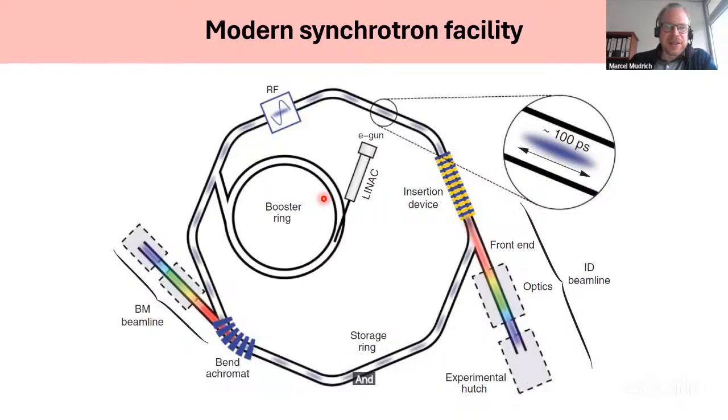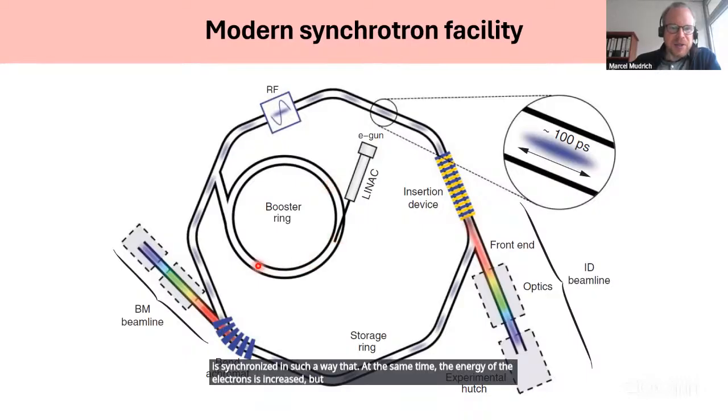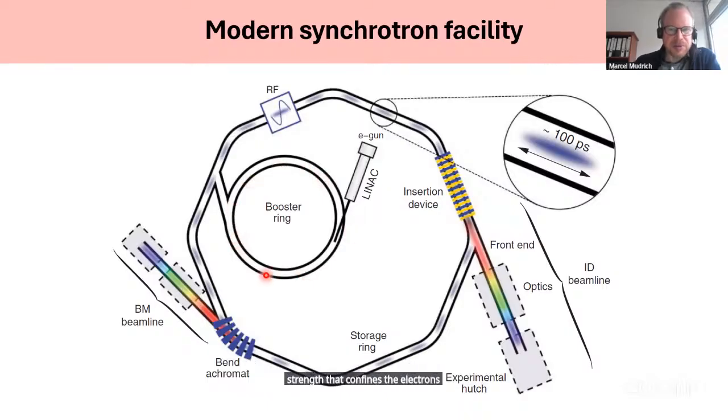And a synchrotron is actually a ring accelerator where acceleration and confinement of the electron beam by the magnets is synchronized in such a way that at the same time the energy of the electrons is increased, but the magnetic field strength that confines the electrons on the orbit is also ramped up,